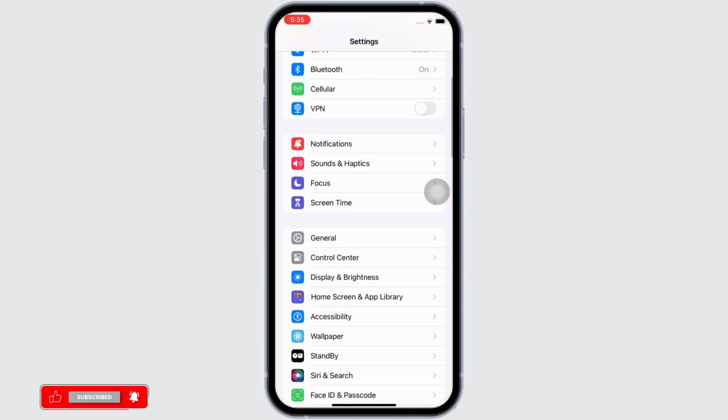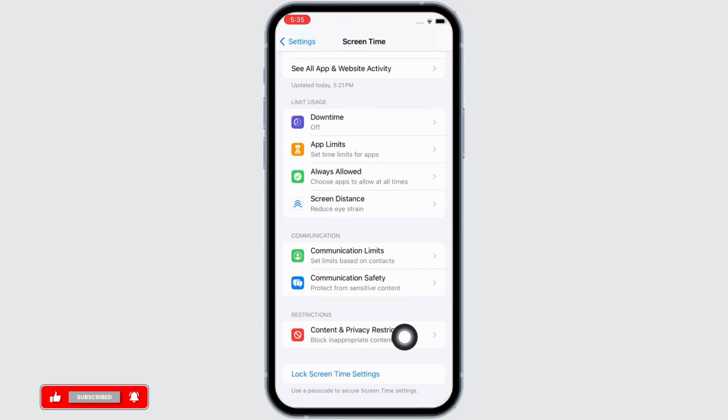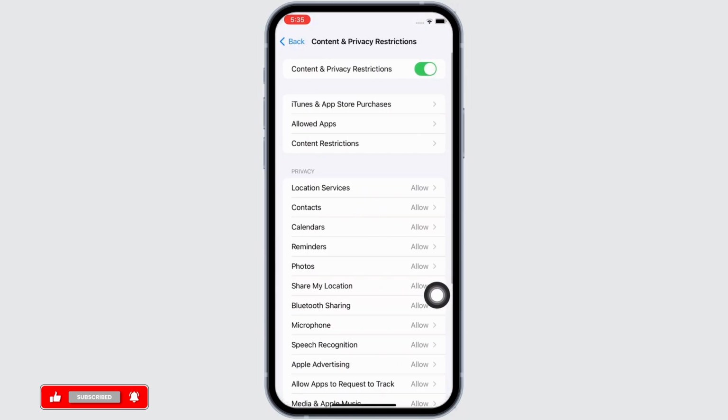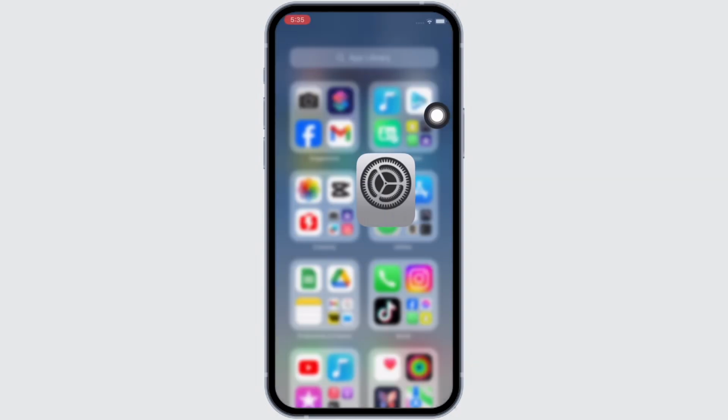If not, in Settings again, tap on the Screen Time option and then tap on the Content and Privacy Restrictions option. And now go ahead and make sure that Content and Privacy is not enabled. If the toggle button for Content and Privacy is toggled on, then go ahead and toggle off the button for Content and Privacy Restrictions. And the last fix for this issue is slide down from the right side of your